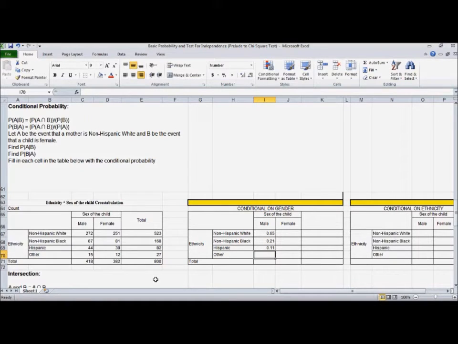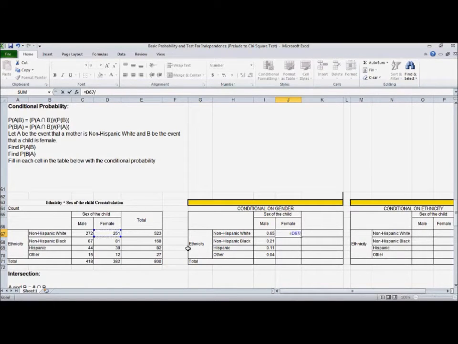And other given male, 15 over 418. Alright, now an easy way to do that, we can do our equal sign. So now we're looking at our female column. So for instance, non-Hispanic white given female would be